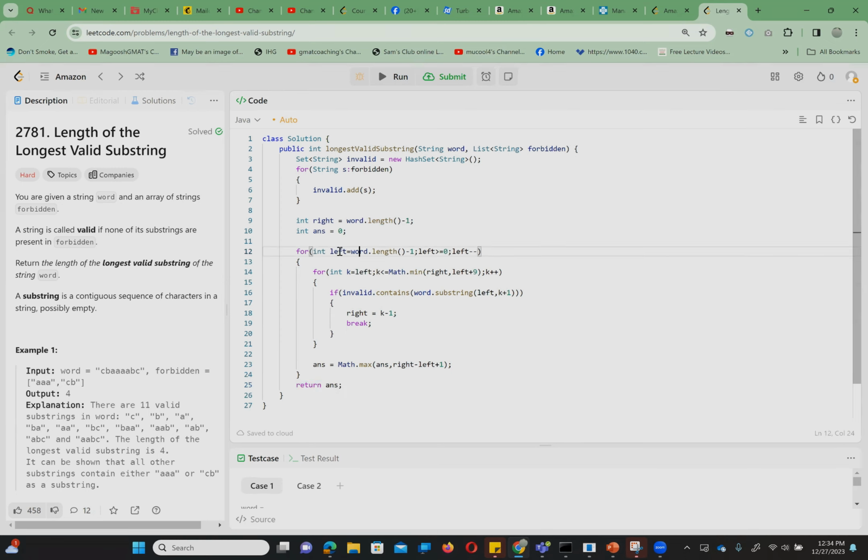And the for loop starts from each character of the input word, and from each character it goes a maximum of 10 places. So that means this is actually order of n into 10